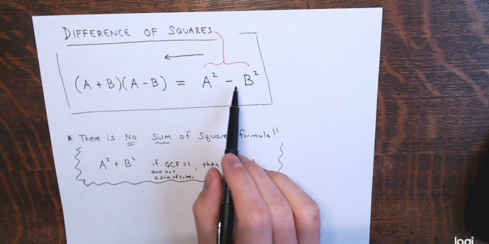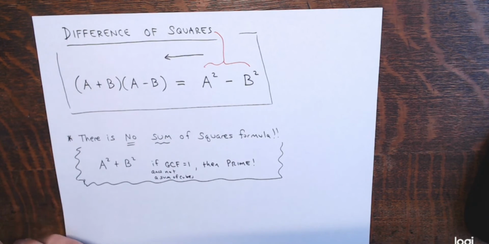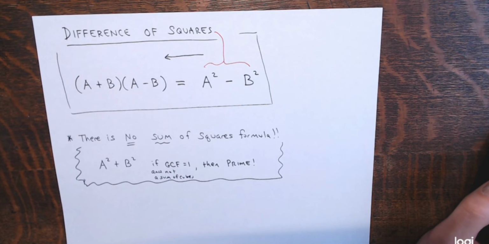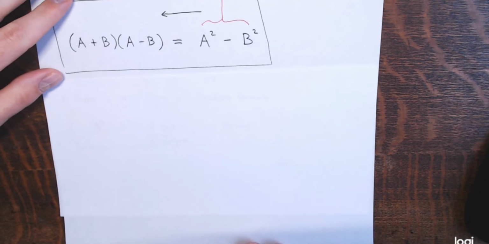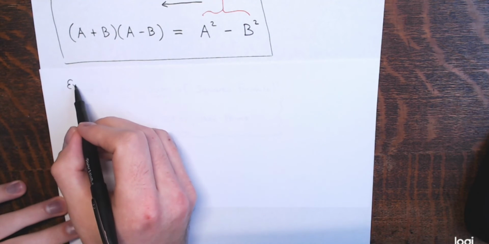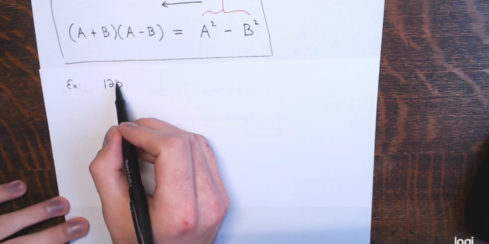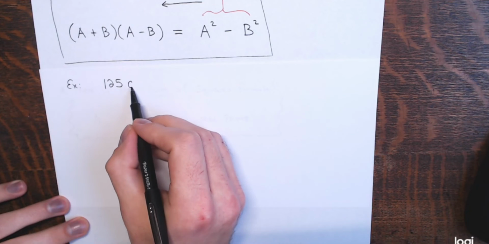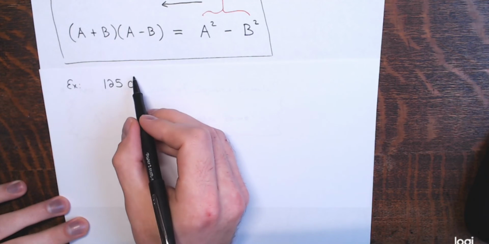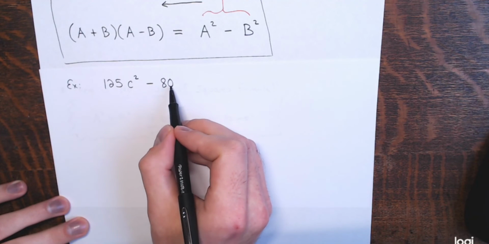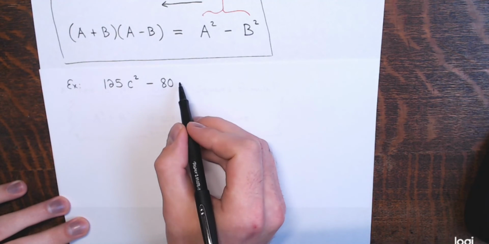All right. So sums of squares don't factor for the most part. Differences of squares do. You get a product of conjugates. So the first example we're given here, and again, that's probably something we're going to have to pull a common factor out of first. We have 125, which is not a nice square. That's actually 5 cubed. So we're going to have to pull something out here. Times c squared